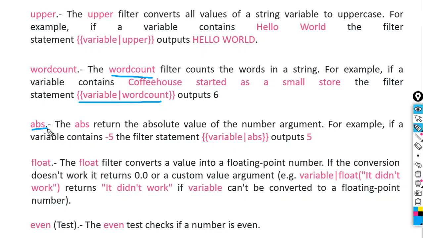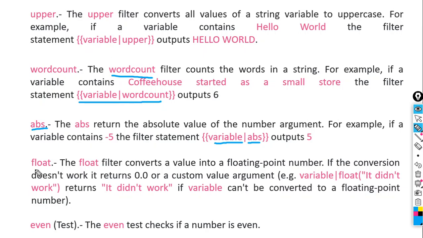So with the help of ABS, we display the absolute value of a numerical input. You should provide a numerical input here. What is the syntax of this one? Again, a pair of curly braces, the variable, the pipe sign and ABS. With the help of this, we display the magnitude of the given value. Absolute value means what? Magnitude. If we enter -5, it will return 5. 5 is the magnitude of -5. If a positive value is entered, suppose 10, it will print it as it is because 10 has a magnitude of 10. So ABS displays the absolute value of the entered variable.